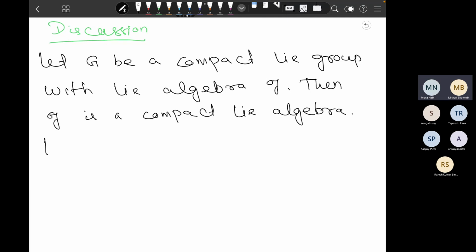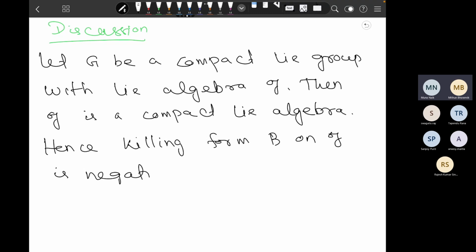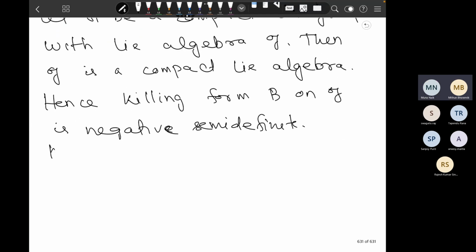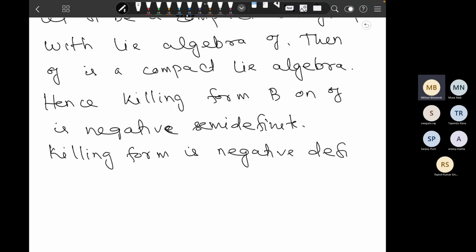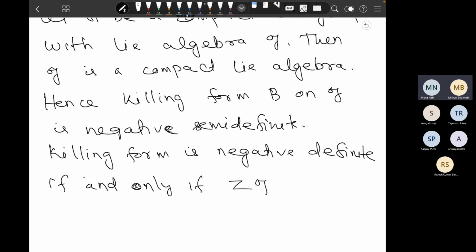Hence, the killing form B on 𝔤 is negative semi-definite. Now, the killing form is negative definite if and only if Z(𝔤) is equal to 0. This thing Z(𝔤) is equal to 0